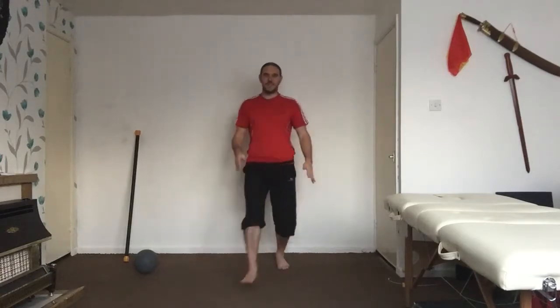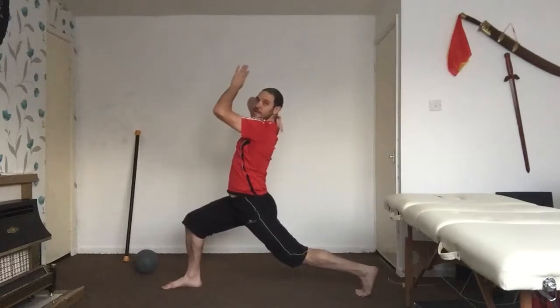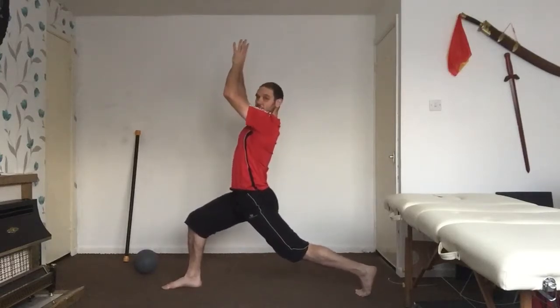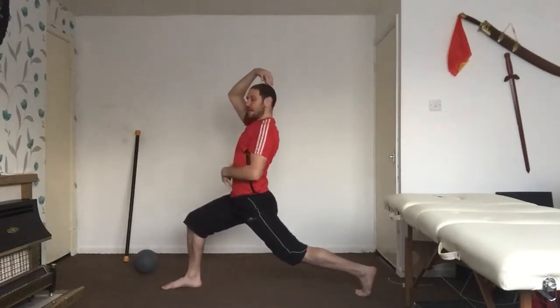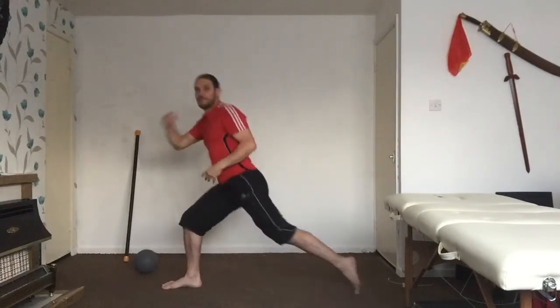So first, just going to lunge forwards, let the left hip go back, open up the hip flexor, use your arms, reach back, but don't compress the spine. So there's a difference between going back and compressing the spine and going back and putting the head tall, pushing through the top of the head and opening up the segments of the spine. There's a big difference, yeah? So first, just going to go forwards and back and change legs